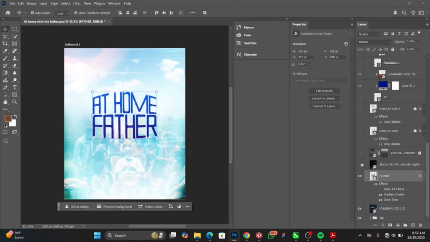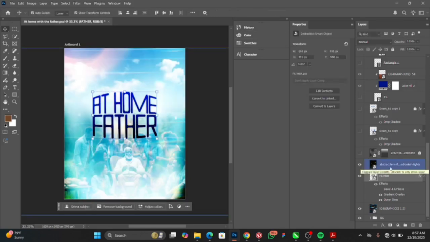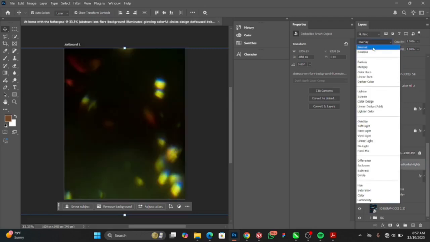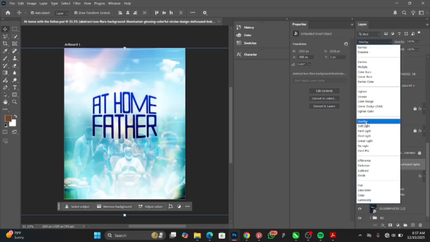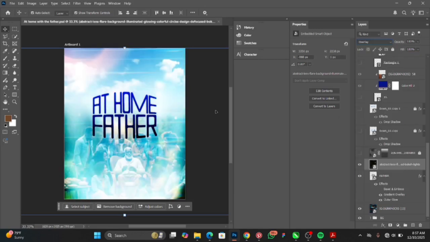Then I added a little sprinkle of light. Now you can see that everything is coming out nice. Added a little bit of texture. Then from there,